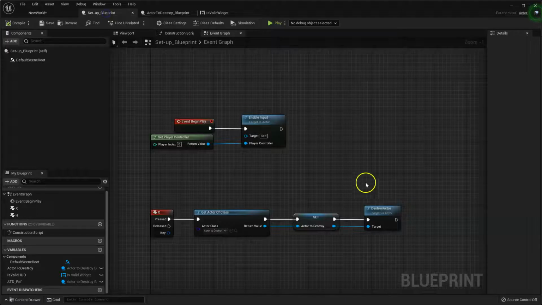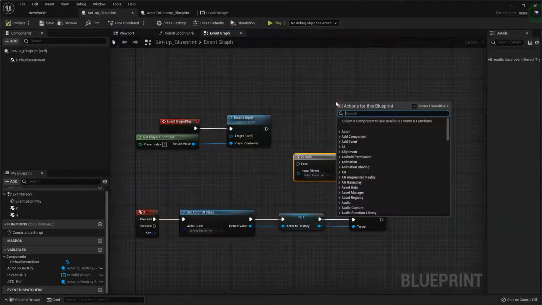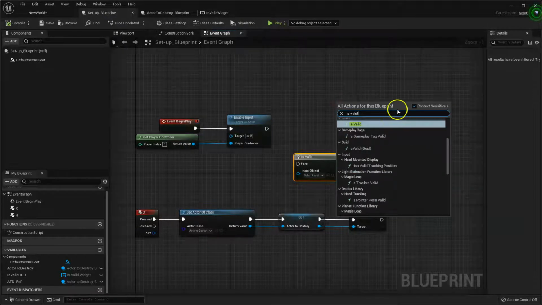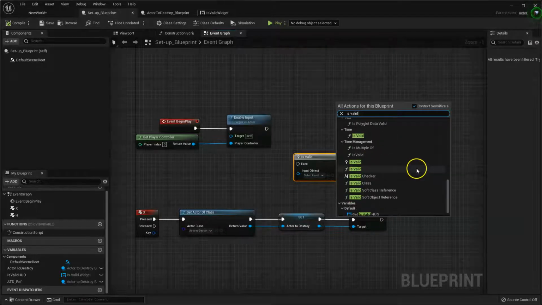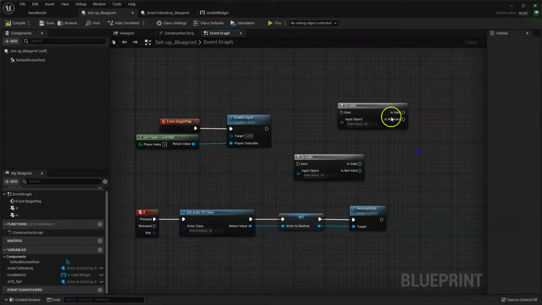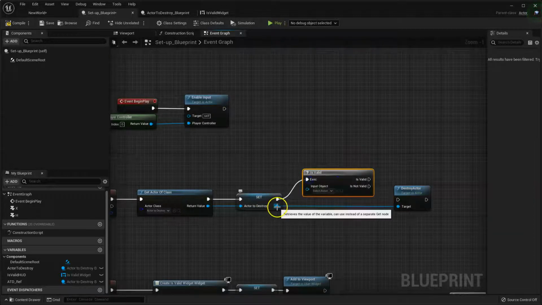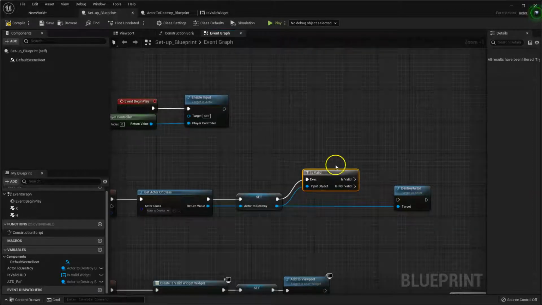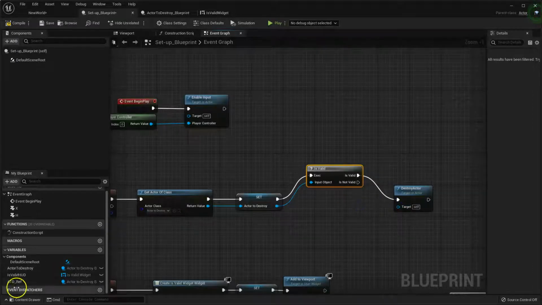So if we come to our setup blueprint, here I have an isValid node. So isValid, if you just put that in, you'll get a few different, if you start looking at what categories they sit under, there's quite a few isValid nodes. But if you come down to time management, this is the one that we're looking at, prefixed by the question mark. Okay. What we can now do is bring in our actor and say, if it is valid, destroy it. And I'll just drag out